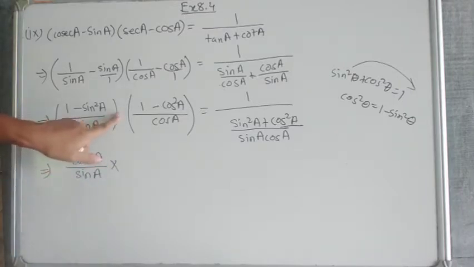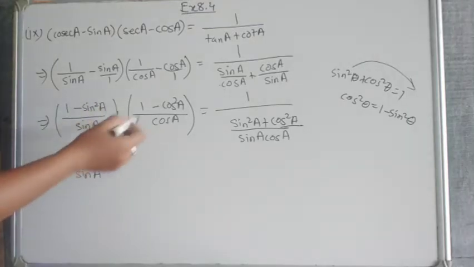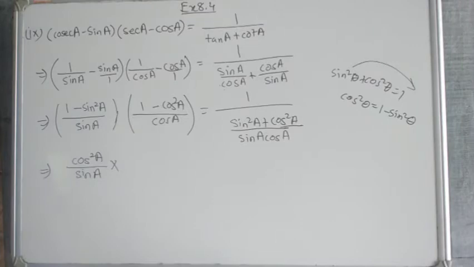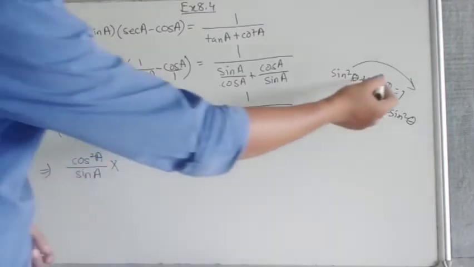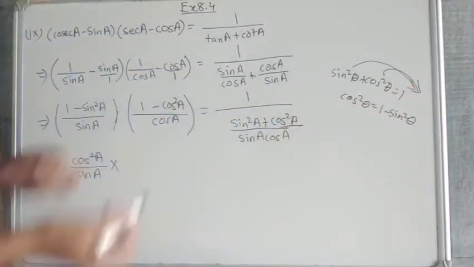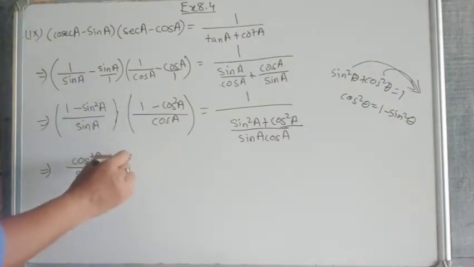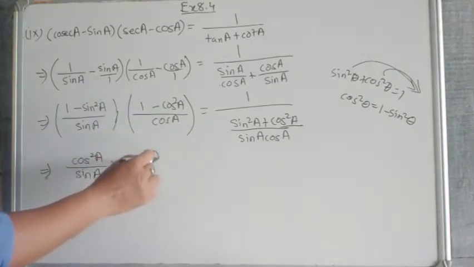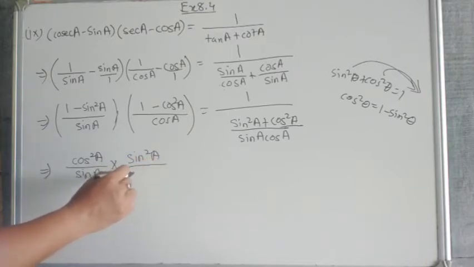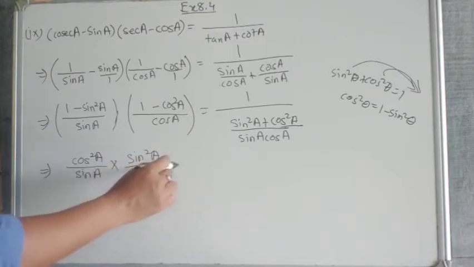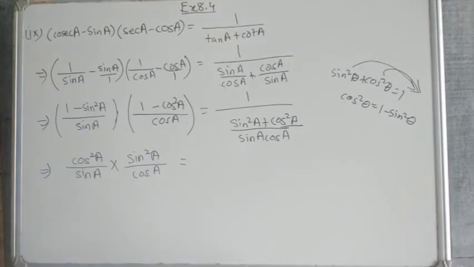This bracket means into. Now I'll open the brackets. Now 1 minus sin square A, 1 minus cos square A. So if cos square A goes to that side, it will become sin square A. Okay? So this will become sin square A by cos A equal to